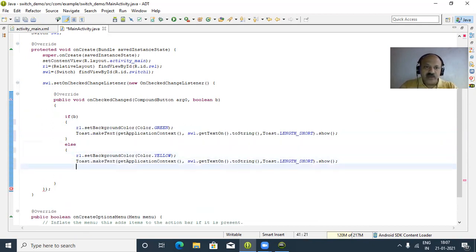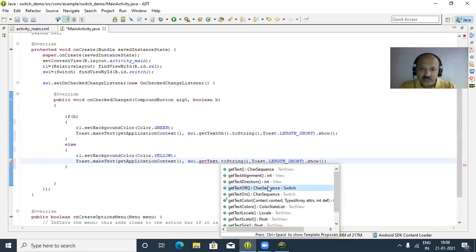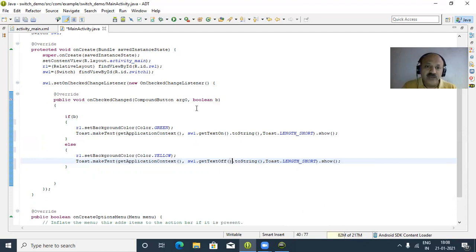So you can look, and here also, whenever we have two statements, so all decisions and all loops you have to know, we provide opening and closing braces. And previously only one statement, so that is optional. So now here we take off. Yes, so that is perfect. So save, and let us check, run.